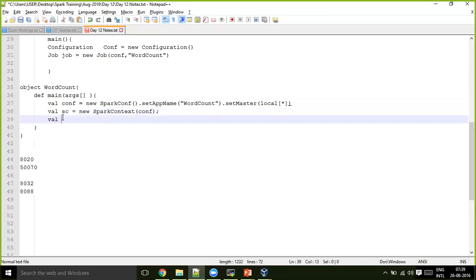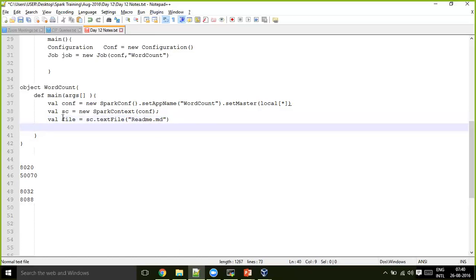Let's say you want to load a file: val file = sc.textFile, the README.md file that we loaded in our last session. You loaded it and printed file.first or file.count. These are the operations that we did in the shell.